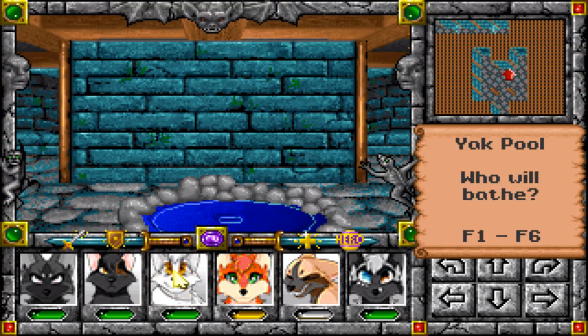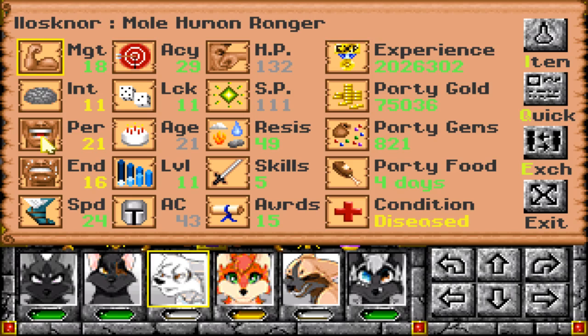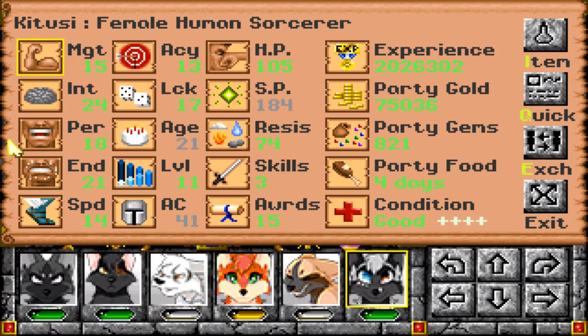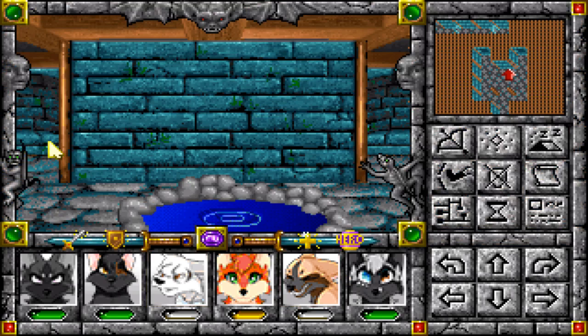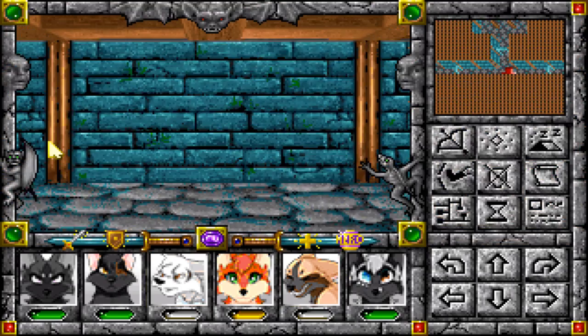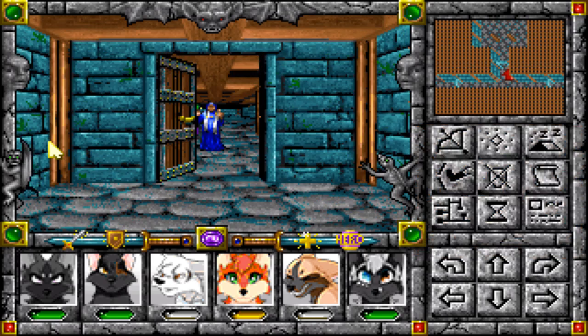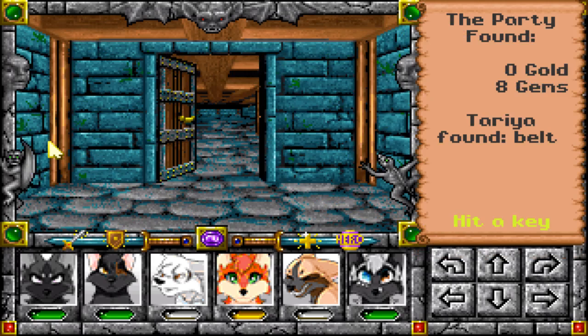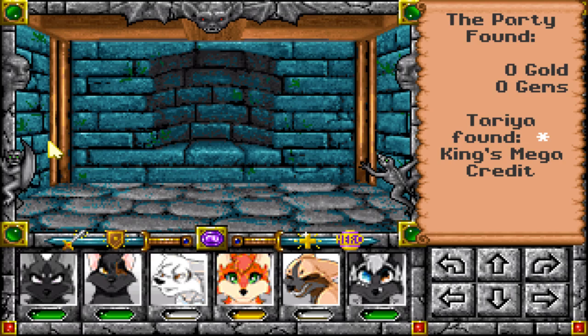Well, let's try the last night. Okay. Yeah, alright, so anybody who has any use for personality, which is really just these two, can use it. And I think it only works if your personality is under 20. We still don't have cure disease, otherwise I could take care of that as well, but...